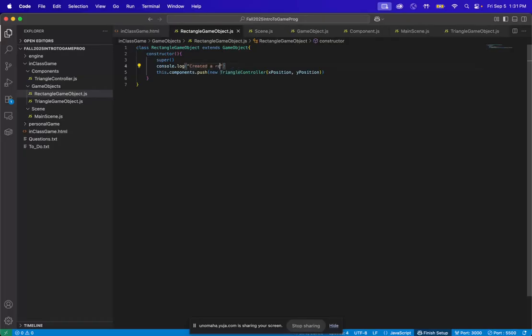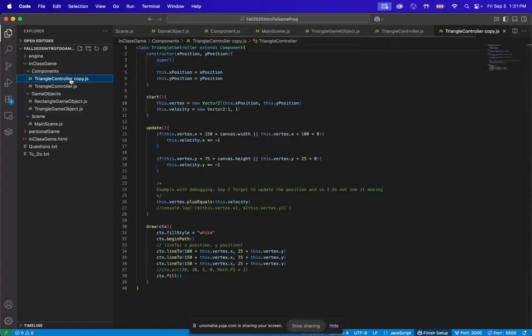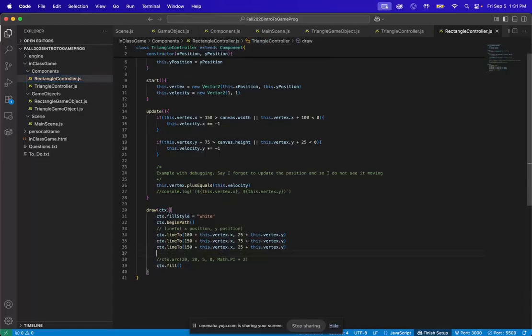Like this is create a triangle, so it should be create a rectangle. But let's now duplicate. Let's now copy and paste. And if we rename this to rectangle controller.js, we have your triangle, your component, constructor, start, update. So the main thing we would need to do is we would need to do a